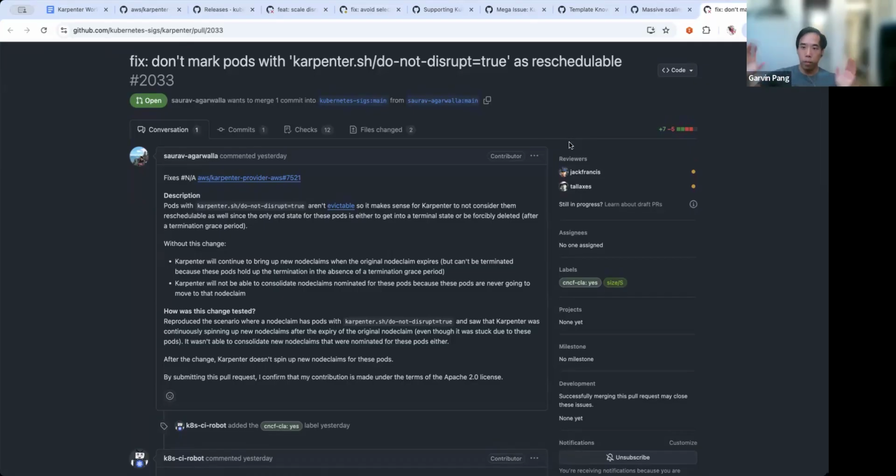When deleting a node that has any pods on it, they can take as long as TGP. In which case, does it make sense to do the calculation to perform a replacement node